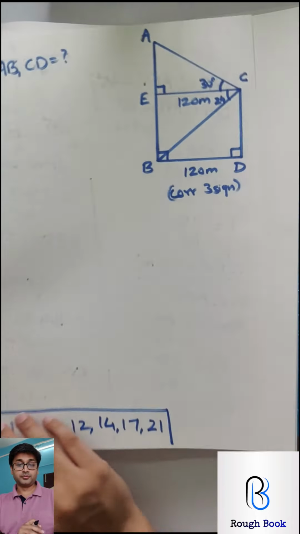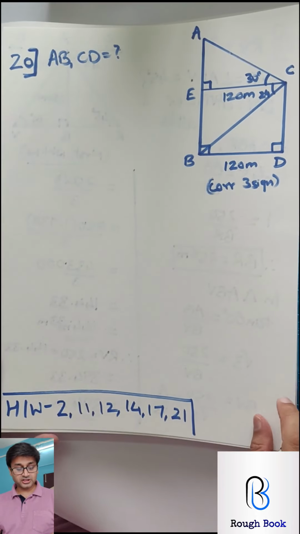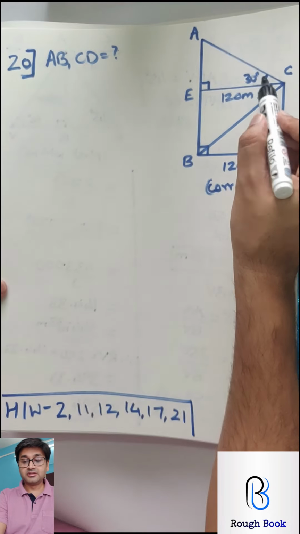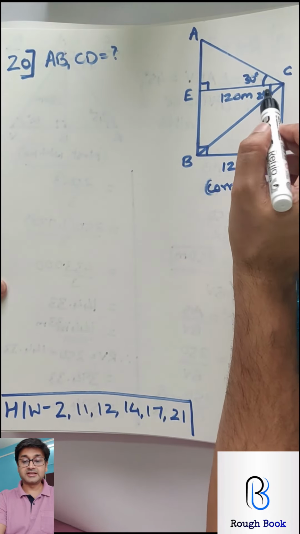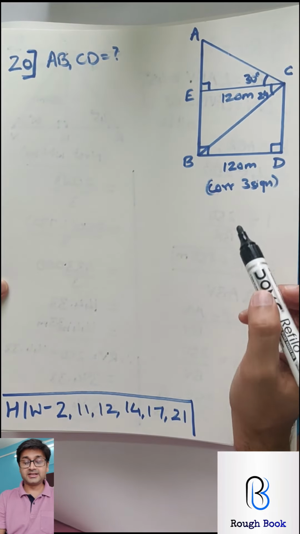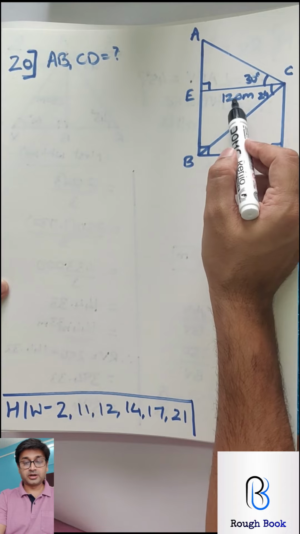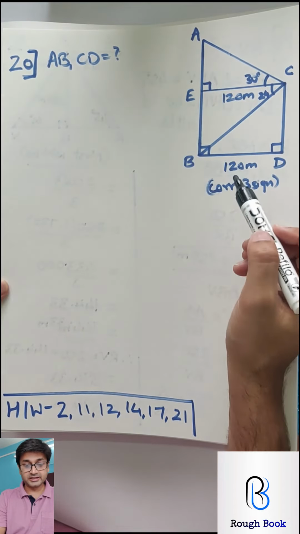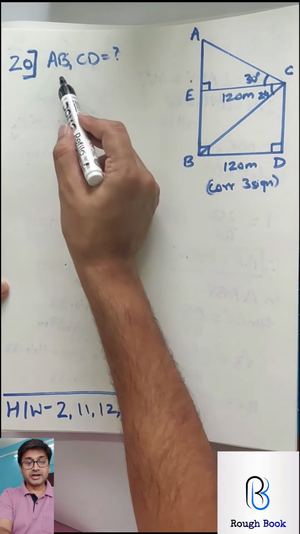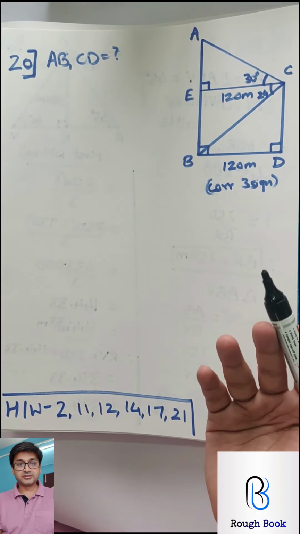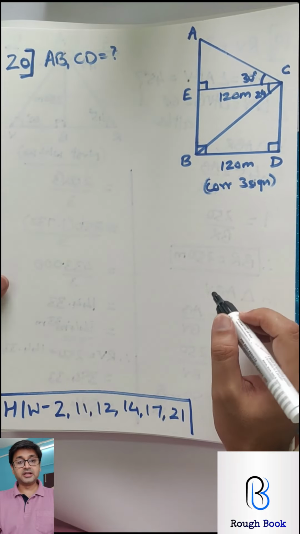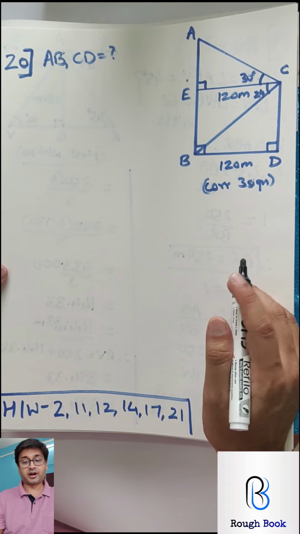How many got this? If you got this, super, you've done a great job. Last question, 20. The diagram is given to you, 120 meters. This is 30 and this is 24 degrees as angle of elevation and depression. Your target is to find AB and CD. So this is 120, this is 120. Take this triangle, get AE. Take this triangle, get EB. Add the two, you get AB. EB equals CD. Simple. So all of you should manage this. Pause. Last sum at least, even if you go wrong, doesn't matter, but try it out.